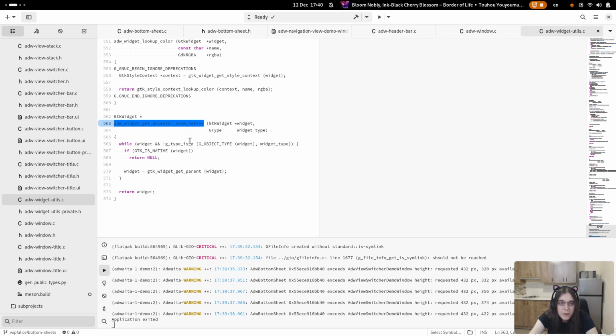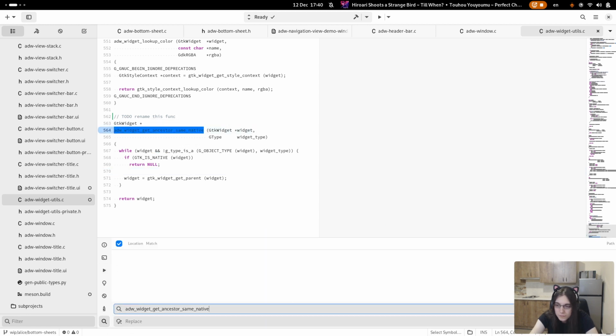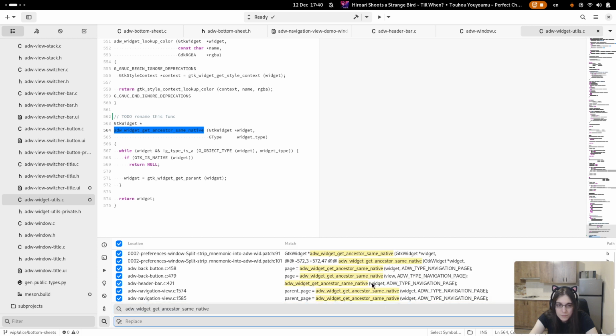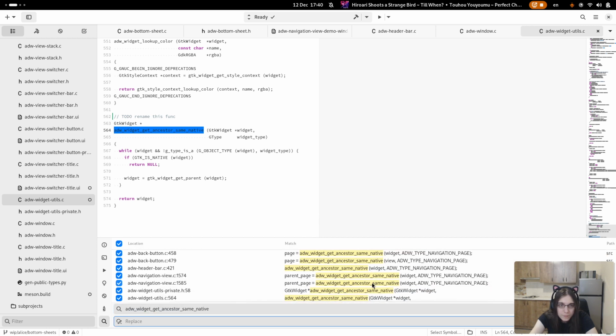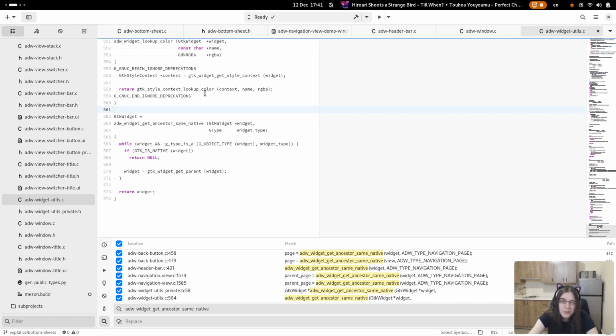Getting set as a native. I should rename it to something else. Let's see. And make it also check if it's a bottom sheet. I'll do it later.